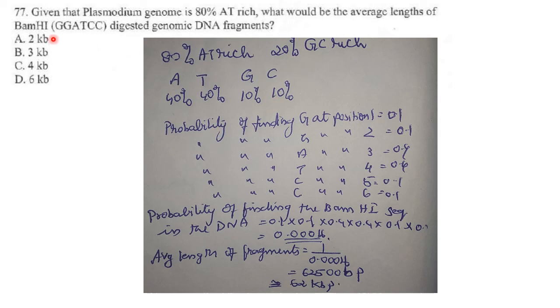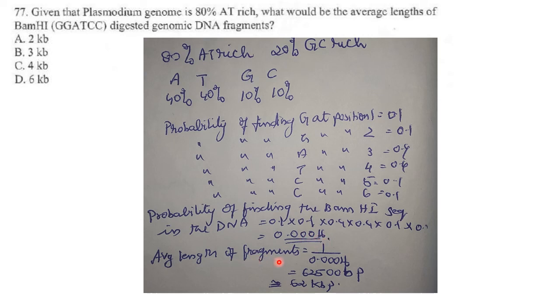Now in the case of BamHI, GGATCC is given. So probability of finding G at position 1. So at this position, if you want to find G, what is the probability? It is 0.1. Now if you want to have probability of finding G at position 2 also, then also it is 0.1. And if it is A, you have to find, then it is 0.4. For T also it is 0.4, and for 5 and 6 it is 0.1 each. So the probability of finding the BamHI sequence in the DNA is multiply all these probabilities and you will get